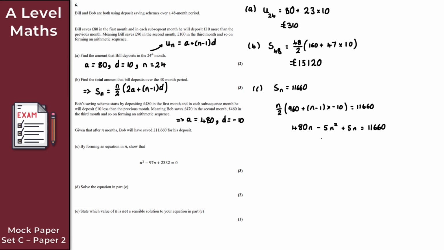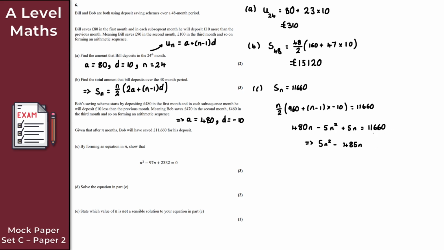What I'll do here is take the minus 5n squared over to the other side. I've got 480n plus 5n, so that's 485n. So we'll also subtract 485n off both sides here. So altogether then, what I get here is 5n squared minus 485n, and